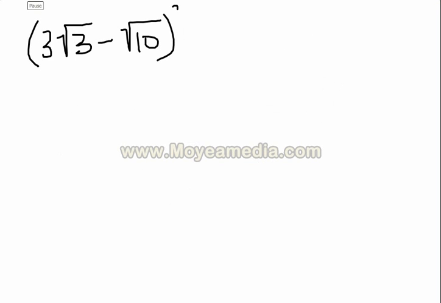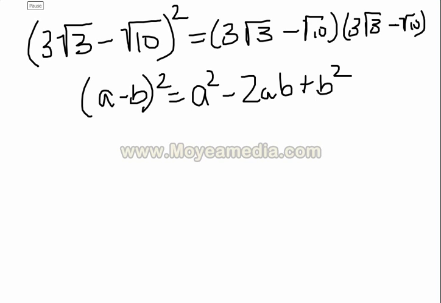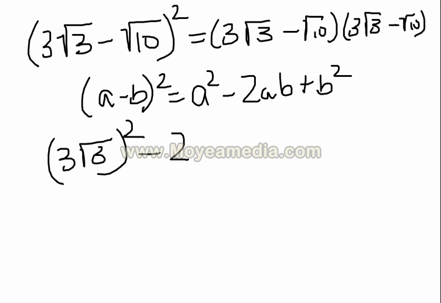Alright, what if I have 3 radical 3 minus the square root of 10, and I want to square all that? Again, we have a pattern, and it's a minus b squared equals a squared minus 2ab plus b squared. So I can either FOIL this, or I can just use my pattern. I'm going to hope that you're comfortable with foiling, and I'm just going to use our pattern. So we're going to have 3 radical 3 squared minus 2 times 3 radical 10